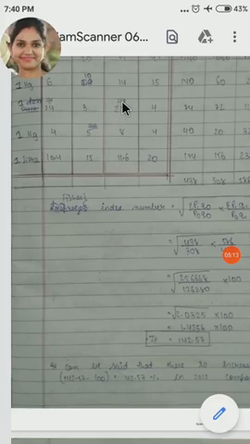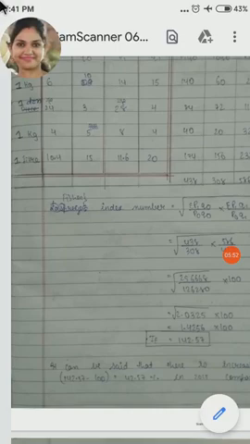Next, 140 divided by 5. It means the 5 dozen price is 140. So what is the 1 dozen price? 28. Right, girls? But very important, in the year 2015 the quantity is given in pieces. It means we have written the unit as dozen here, so these pieces we have to convert into dozen. Now we know that 1 dozen is equal to 12 pieces. So 48 pieces, it means 48 divided by 12. So we will get 4 dozen.